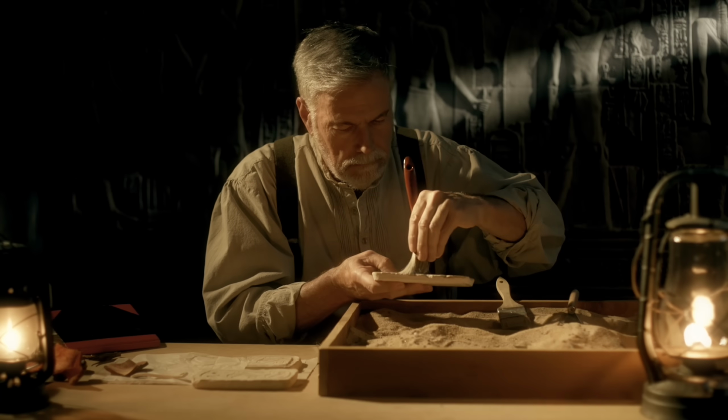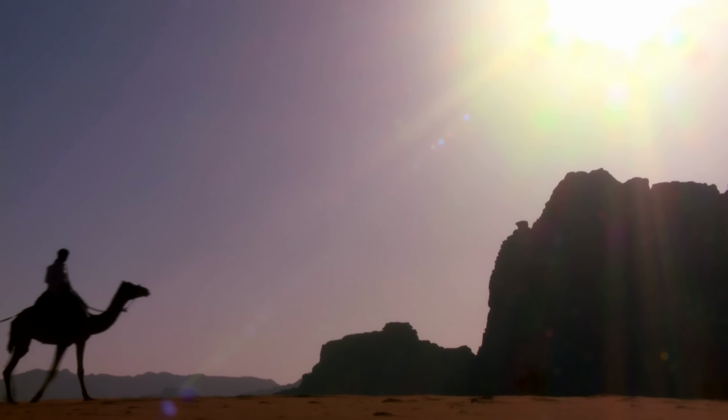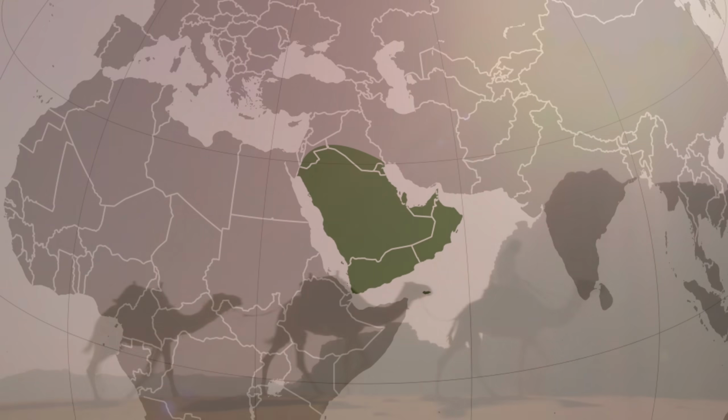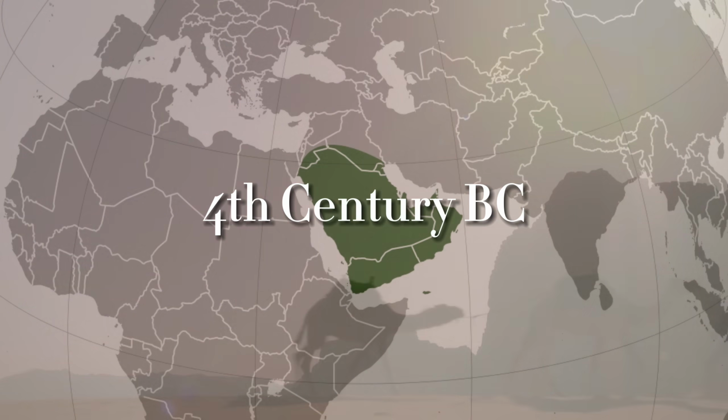Firstly, Proto-Arabic, which refers to the earliest form of the Arabic language. Please keep in mind that Proto-Arabic is a hypothetical language reconstructed by linguists and historians based on the ancient script found in the area, and the similarities between modern Arabic and other ancient Semitic languages. It was a mixture of a dialect spoken by nomad tribes in the Arabian Peninsula region that dates back to around the 4th century BC. It evolved over time to become the Classic Arabic, which is the language of the Quran and the standard form of Arabic.